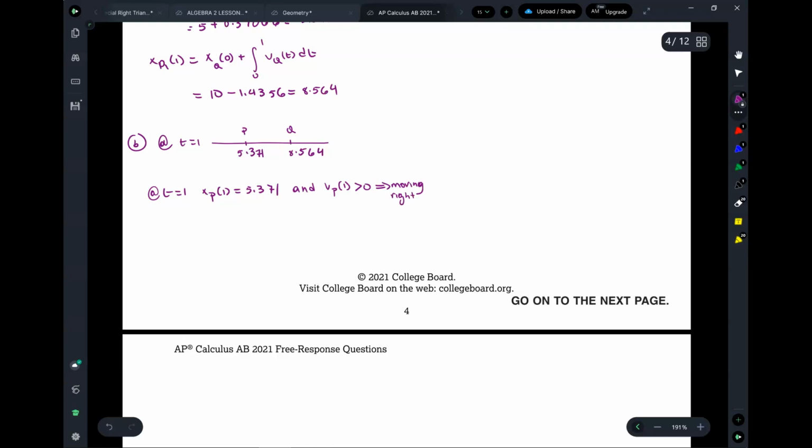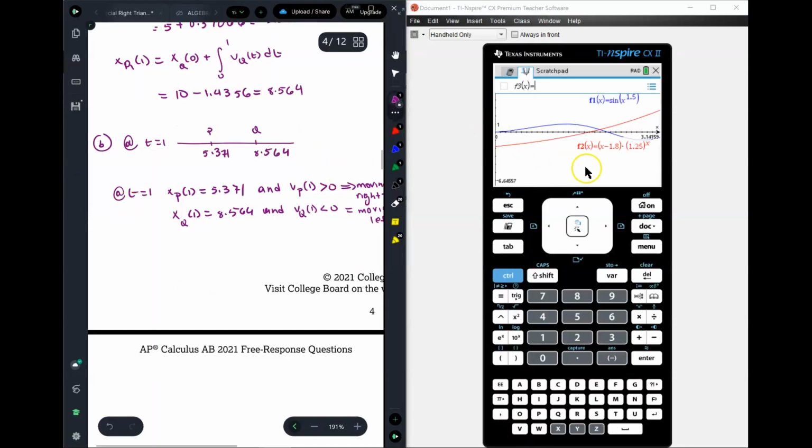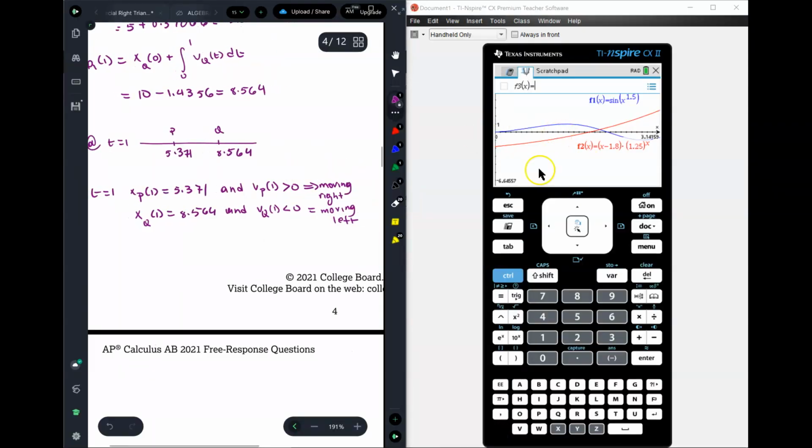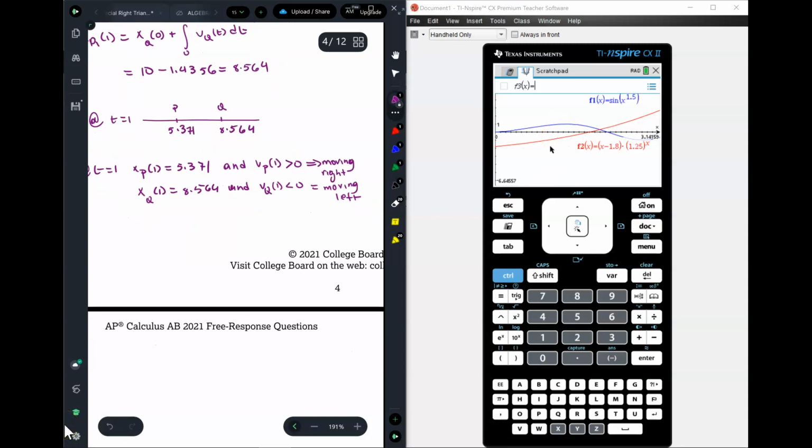Now, at t equals 1, xQ of 1 is 8.564, and VQ of 1 is less than 0, so it's moving to the left. Because the red one is underneath the x-axis, so it's moving to the left. That means, since one is going to the right and the other is going to the left, they're moving towards each other. So therefore,